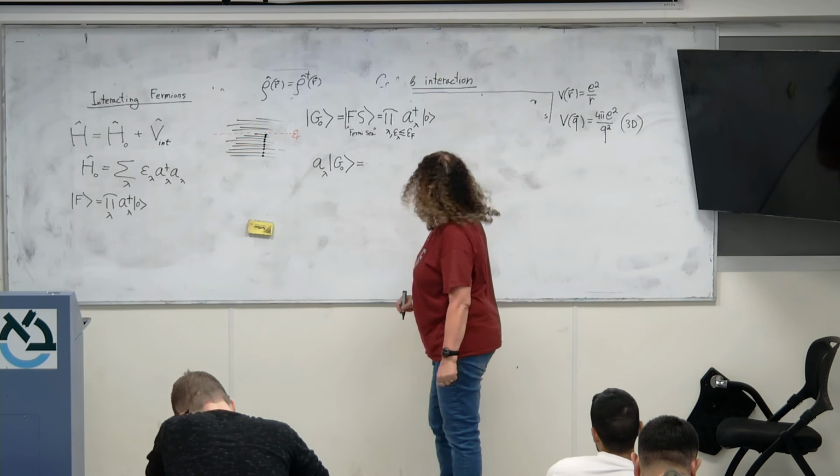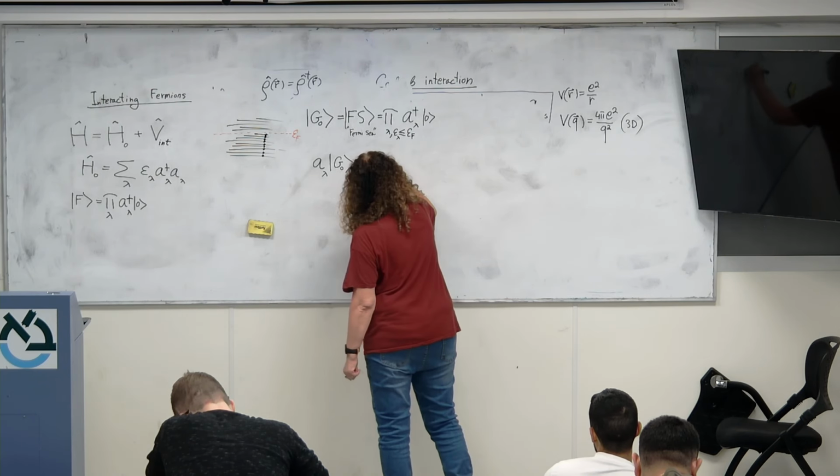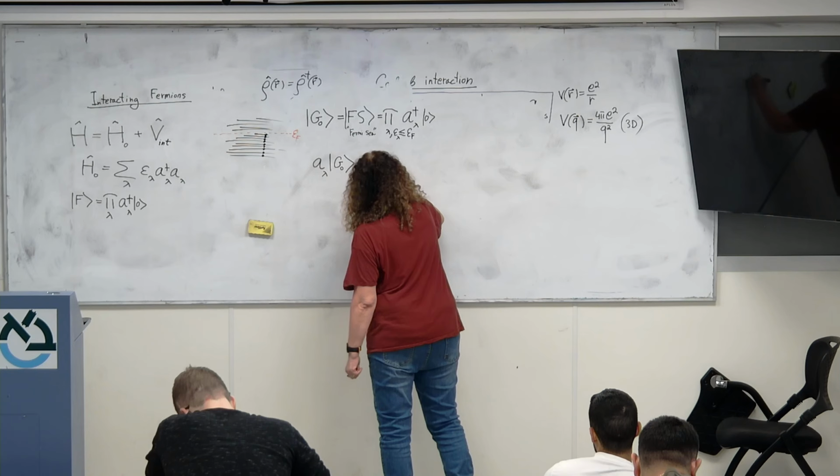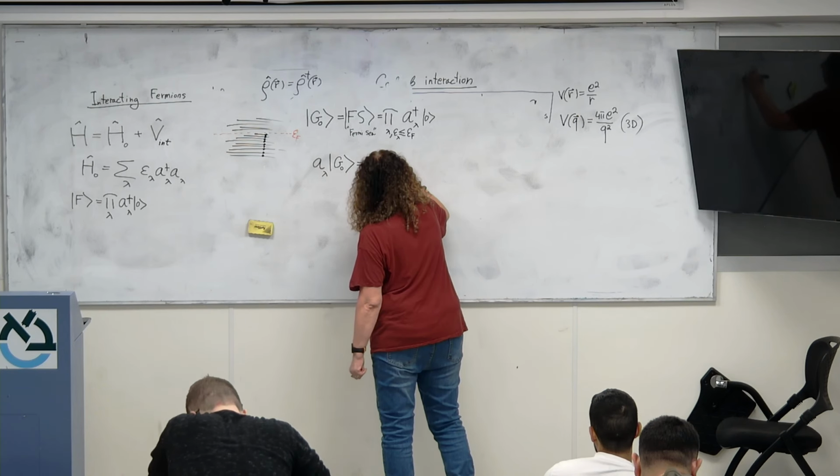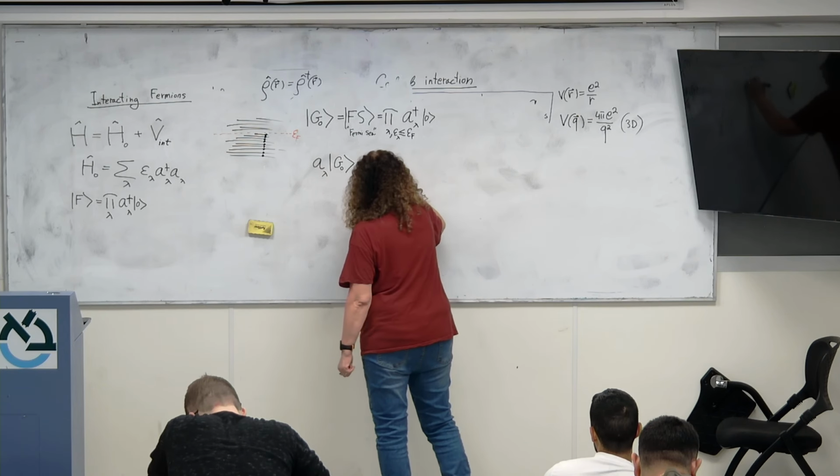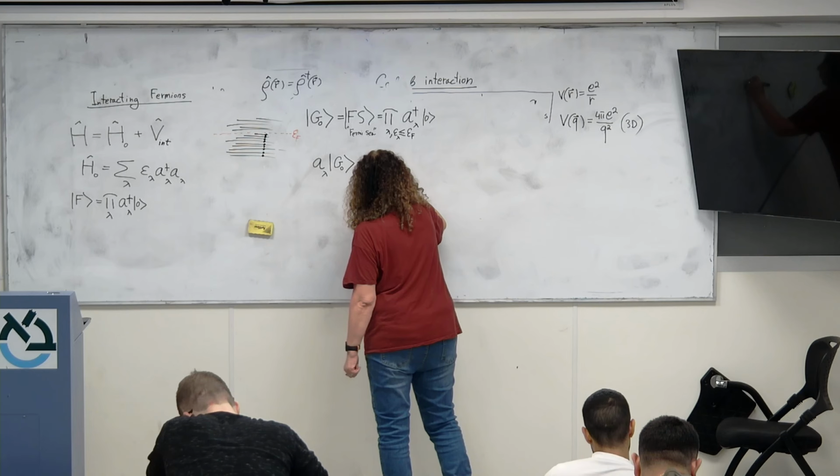Okay, so what is it going to be? Let's write it explicitly. It's A lambda times the product over lambda primes,